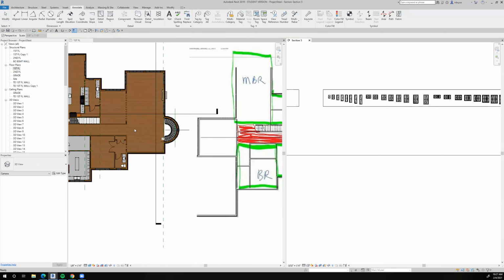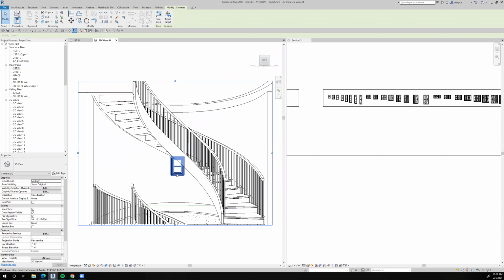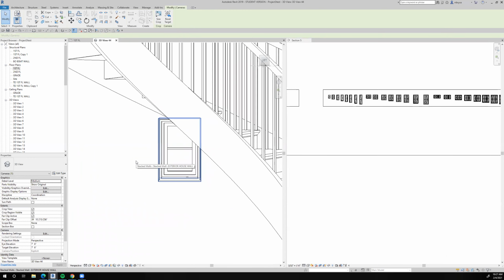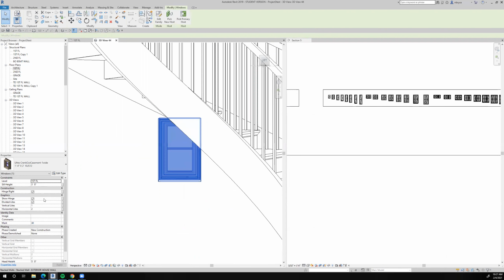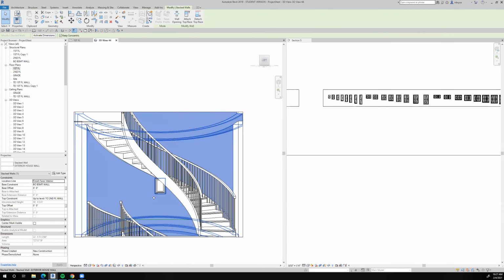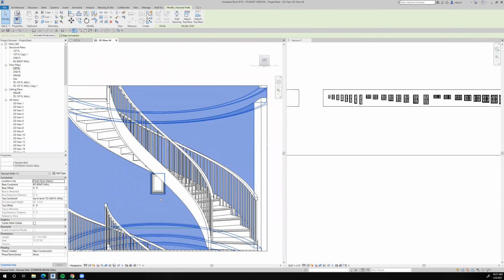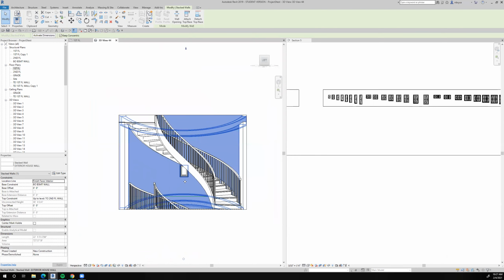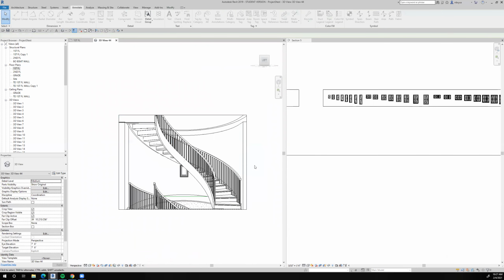We'll just take a camera view right there just to see what it looks like. All right, that is a pretty narrow window. And it has the divided light, so I'm going to uncheck that because I don't want the lights divided. Okay, so I've got my first window in there. It's way too low. Let's see. Oh, this wall is wrong too. So let's see. This is going to be,